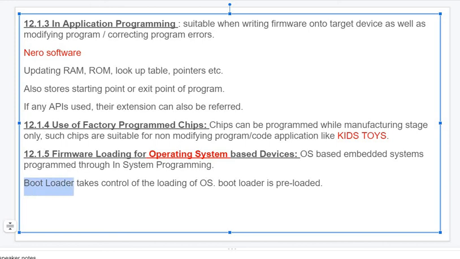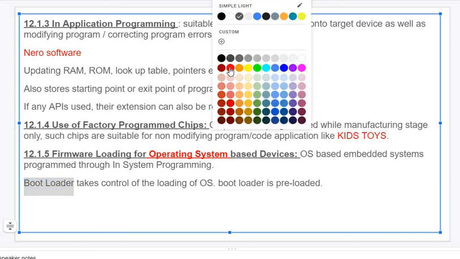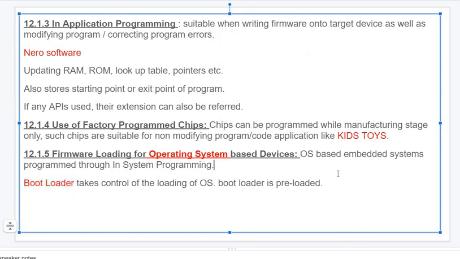During the load time of an OS, how the system should work. Once the OS is loaded, the OS will control, but during and before OS loading, how the system should behave is controlled by the bootloader, which is very, very important.